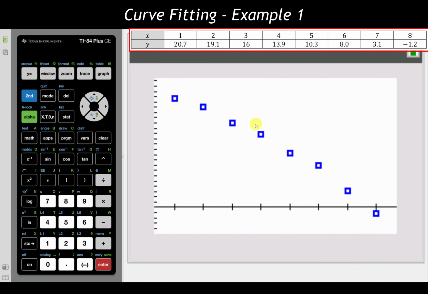It's just points that are displayed there. And we ask ourselves, does this look linear in nature, more like a straight line? Or does it look more parabolic in nature? Or does it look exponential in nature? Now again, scatter plots aren't always going to be perfect representations of those 3 types of graphs and other ones that we see, but which one does it most accurately look similar to?